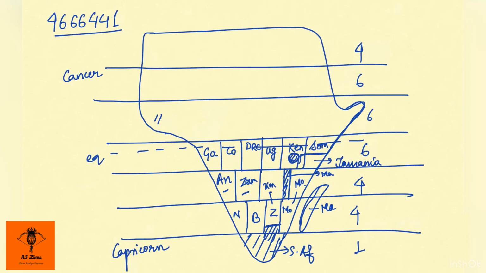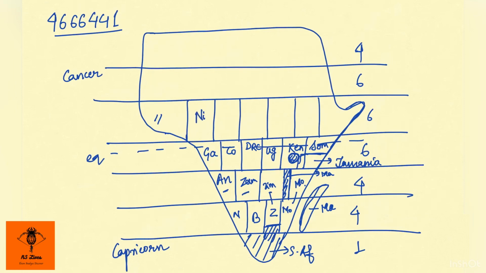Now moving on to the upper layer, this much portion you just write over here. This much portion you leave because there are so many smaller countries over here. There is Burkina Faso, Togo, Ghana, Senegal, Guinea, Sierra Leone. It's difficult to remember all of them, so I'm going to skip all of them, and moving on to 1, 2, 3, 4, 5 and 6. So we have 6 countries over here.